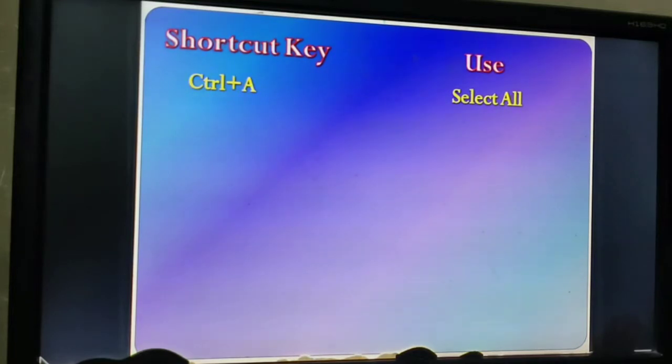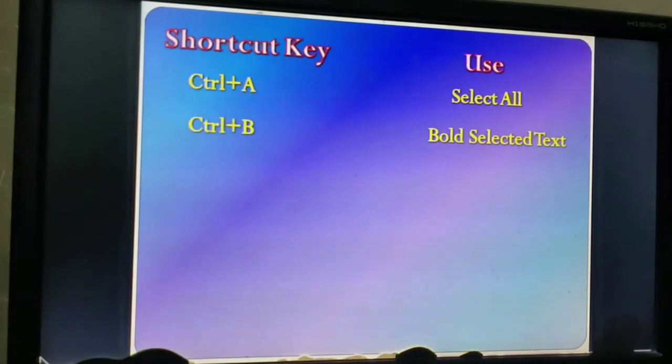It means if you press the Ctrl plus A shortcut key, then all the content which is present on your file, on your page, will be selected and you can perform any task on that. If you want to delete all the text, you can delete it very easily. If you want to apply any formatting, or copy all the text, you can select all and then do the required formatting or task, whatever you want.